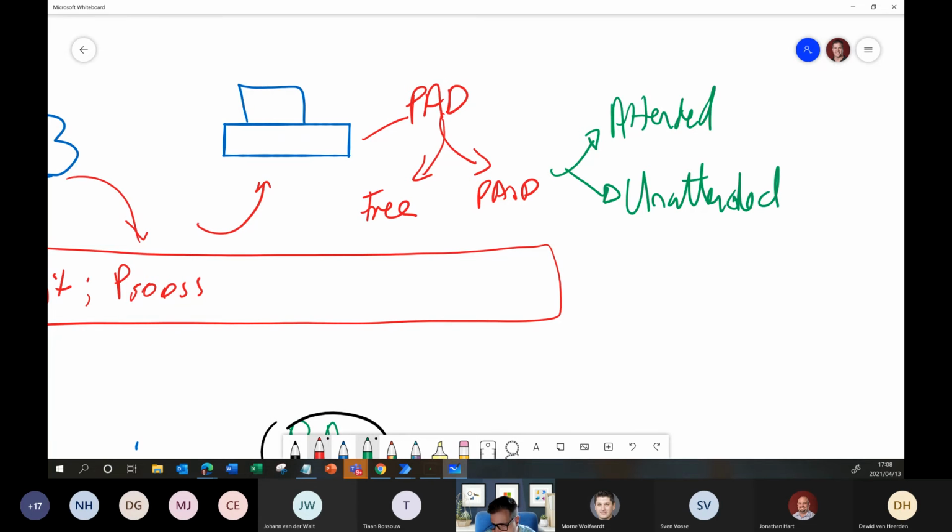And essentially what that means is attended means I need to be logged into the desktop in order for the Power Automate Desktop to drive the desktop. So attended means someone needs to be logged into the desktop. Unattended means nobody needs to be logged into the desktop. So, for example, you can have a bank of virtual machines running in the cloud or on premises, doesn't matter. They can be locked, no one's logged in, and they're just doing stuff for you. They're automating things, you know, these robots are doing things.